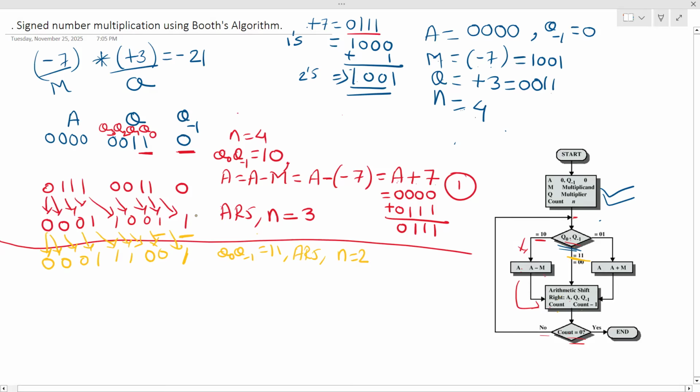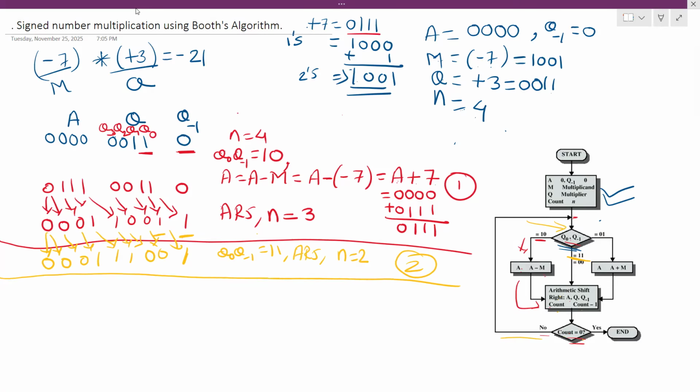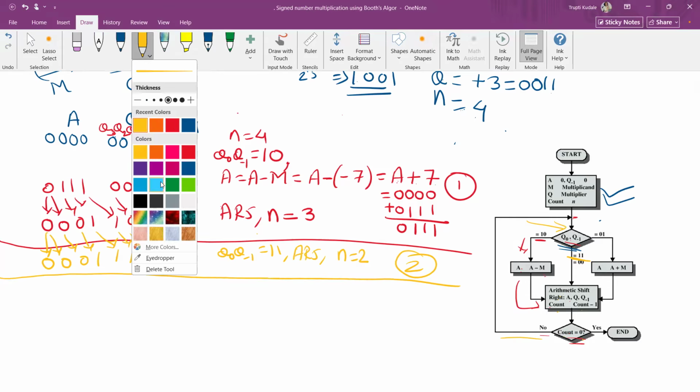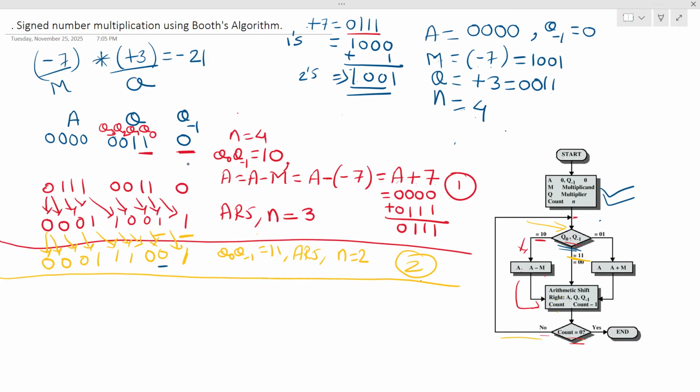Okay, so here again my second cycle is completed. Again I will check my count is not equal to 0. So again I will go to the first step. Okay, so again I will check the bits, that is bit number Q0 and Q minus 1. So now this combination is 0, 1. Okay, as it is 0, 1,